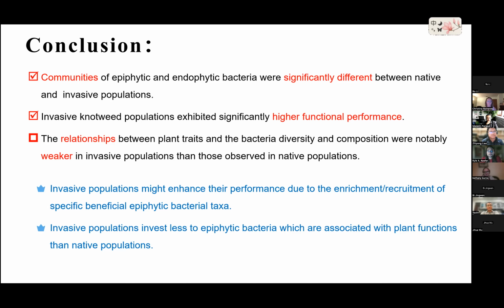And the invasive populations exhibited significantly higher functional performance, and the relationship between plant traits and the bacterial diversity and composition were notably weaker in invasive populations than in native, and we guess it's possible the invasive population might enhance their performance due to enriched